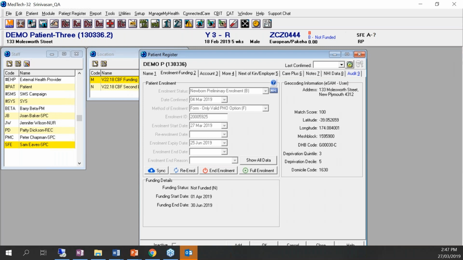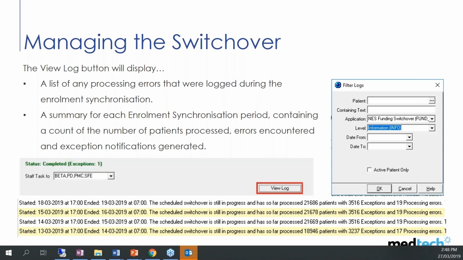Let me jump back a bit. So if we go forward a bit. One thing that I want to make sure everyone's clear about is the processing prior to the 1st of April. Essentially we need to ensure that all practices go through those two lists, the notifications and the query builder. Once those two lists have been actioned, then we can be confident that the practices won't miss out on enrollments, won't miss out on funding for those enrollments that